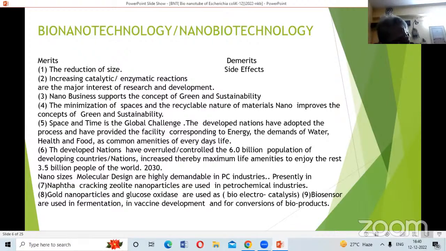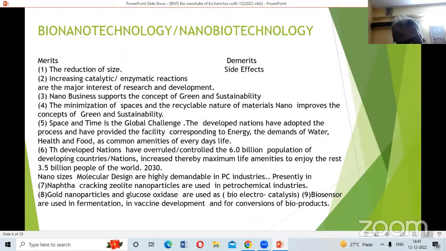They increase thereby the maximum facilities, amenities of the enjoyment of the 3.3 billion people of the world which have nothing. That means we must start to think how our world will sustain, if 3.5 billion people are not being properly supported to give the facility for the 6 billion people of the world, mixed with developed and developing nation,